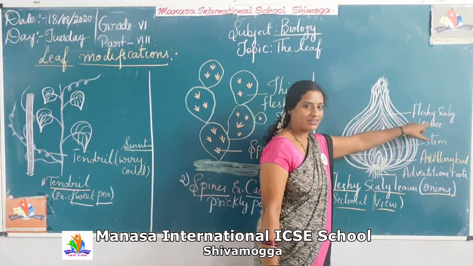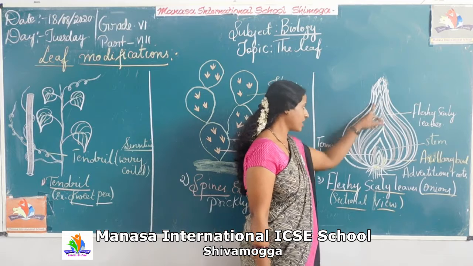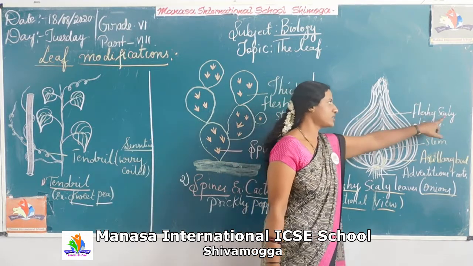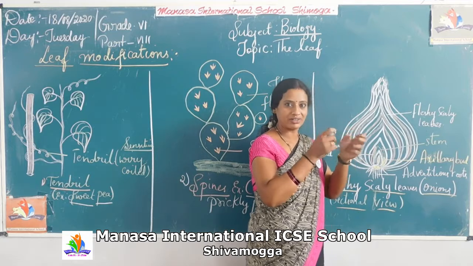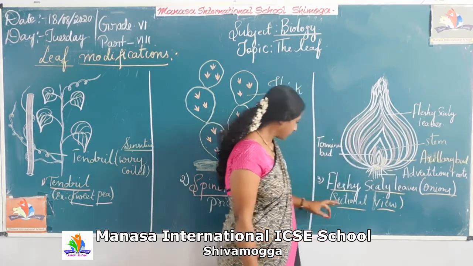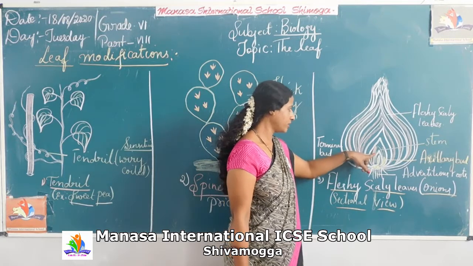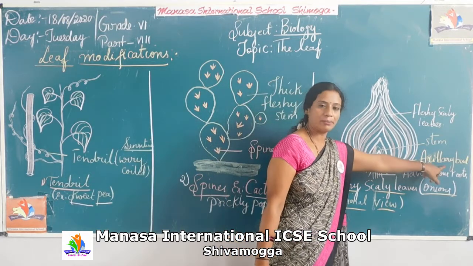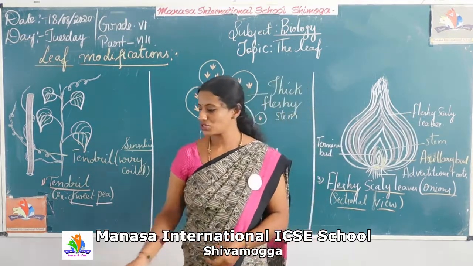So here, this is what the stem is. The leaves are modified into fleshy scaly leaves. Scaly in the sense that you can remove them, right? I'll show you. Then later we have the terminal bud also, right? The terminal bud and also the axillary bud. This is fleshy scaly leaves. But when we talk about ginger,